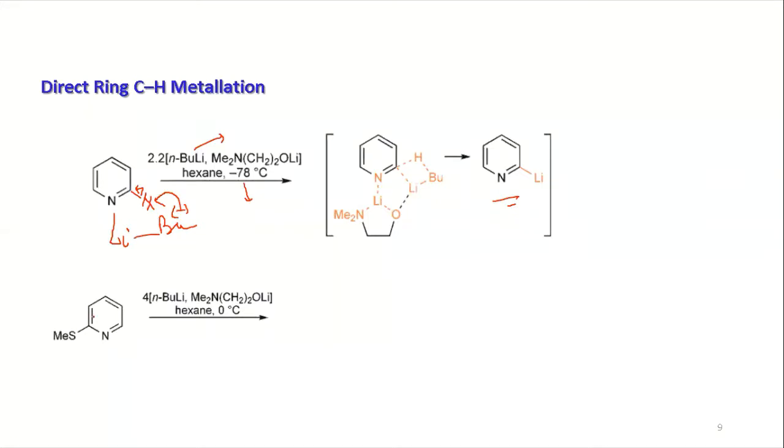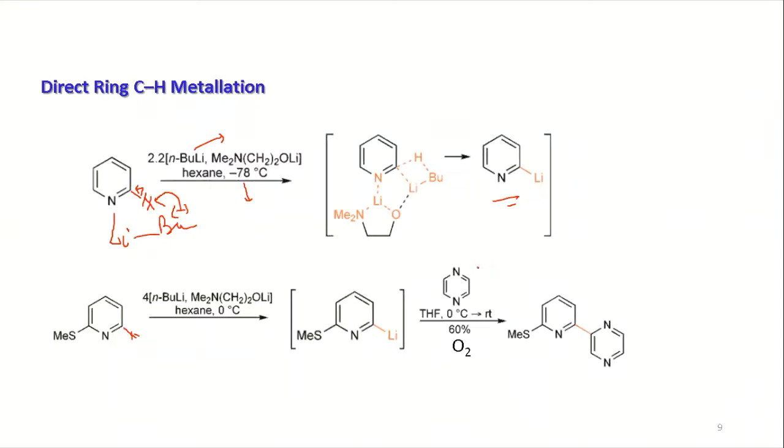In a similar way, if you have this one, this side is blocked, so you will have the selective position here. So there the reaction is going to take place. You have the lithiation here, and now you can use one electrophile to do the reaction at the center. So you have the negative charge, so that is going to attack at the alpha center, and you have the reaction.